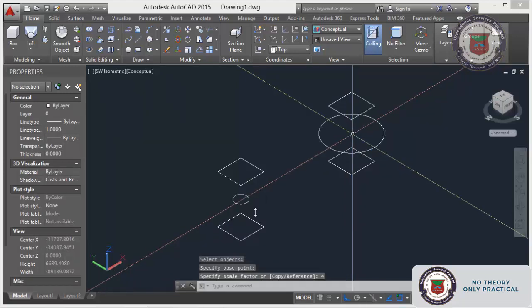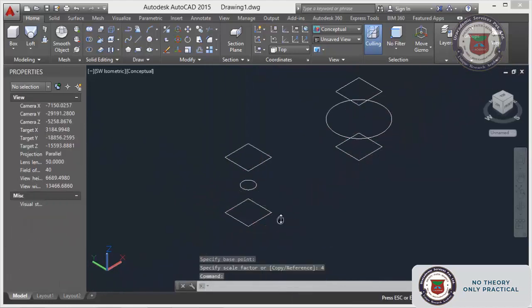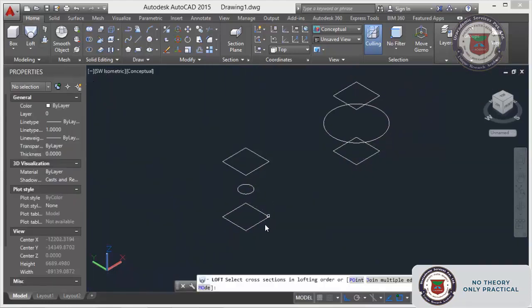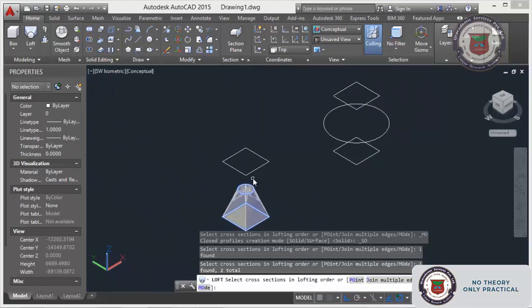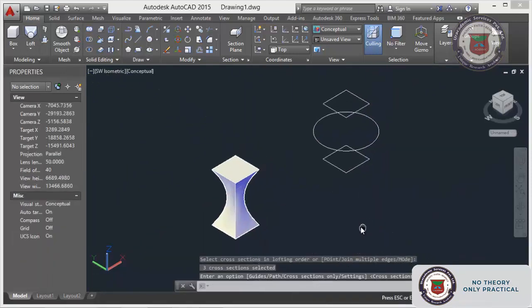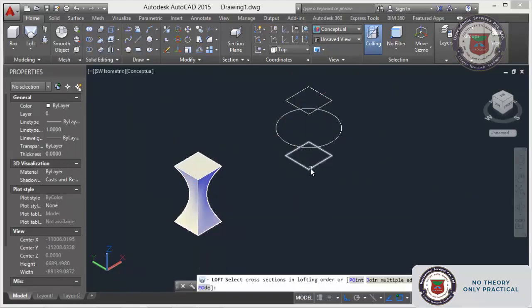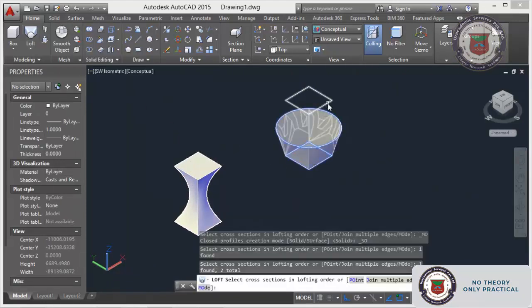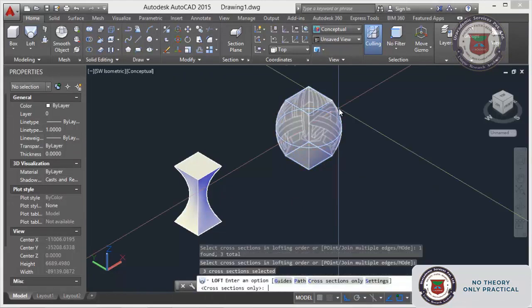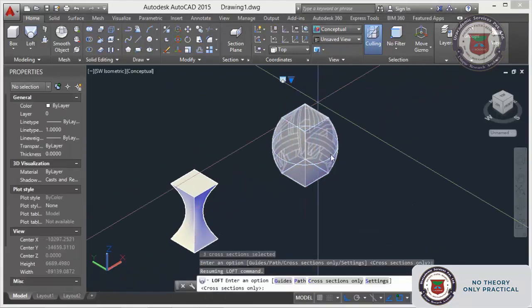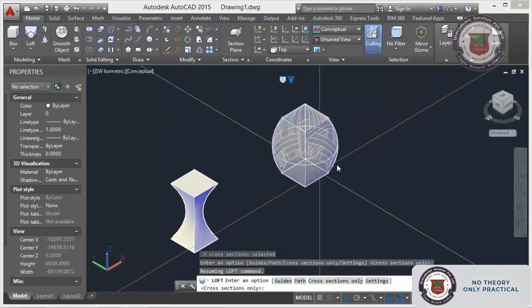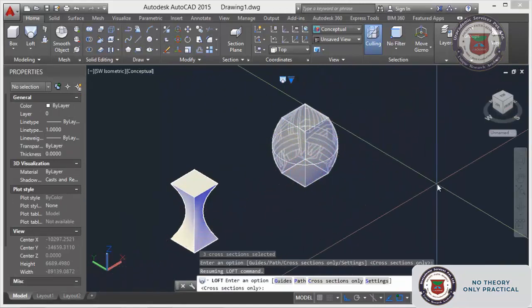Now I will do the loft command for this. Just select 3 objects, enter, loft is done. Just see here, again loft, select this, enter. See, both are lofts only, but the difference I will show in the front view.